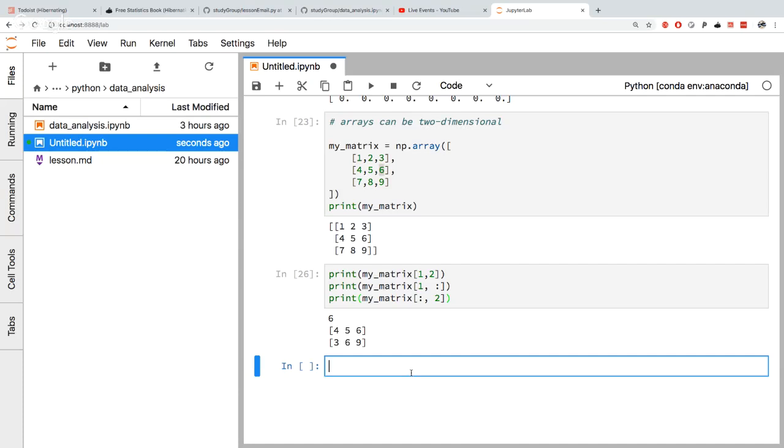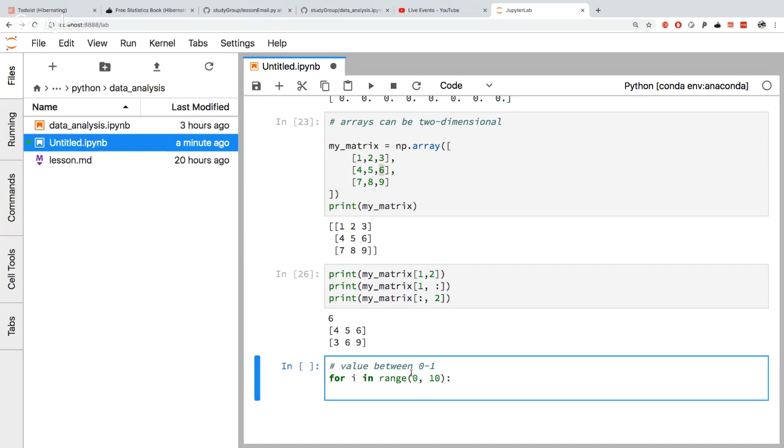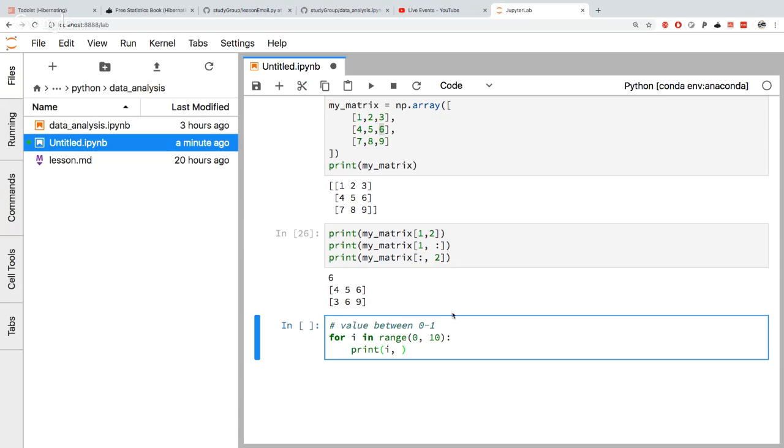And just to wrap up, NumPy has some really helpful functions to generate random values. This is something I find useful, especially when trying to program some sort of random draw or something along those lines. So the first one is for drawing a value between 0 and 1. And we can actually just do this 10 times for fun. So you might remember for loops from last time. For i in range 0 to 10, so that should be 10 iterations, we'll have it print i, comma, and here's the magic function in question,